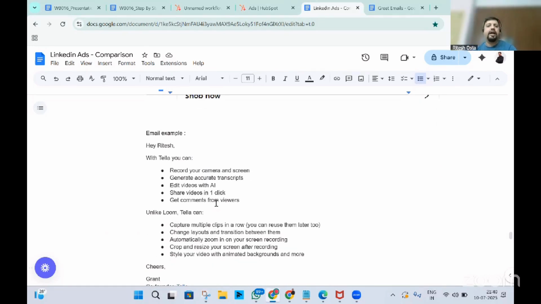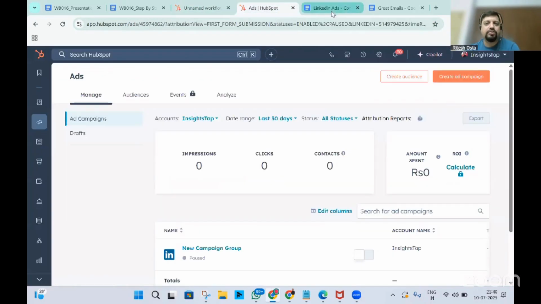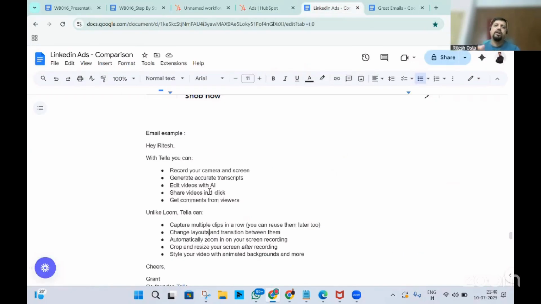And then this is again a testimonial based ad, and this is an example of an email, right? So a very good example of an email, which I just copy pasted. I got it from Tela. I'm using Tela, by the way. So good tool. It's a replacement for